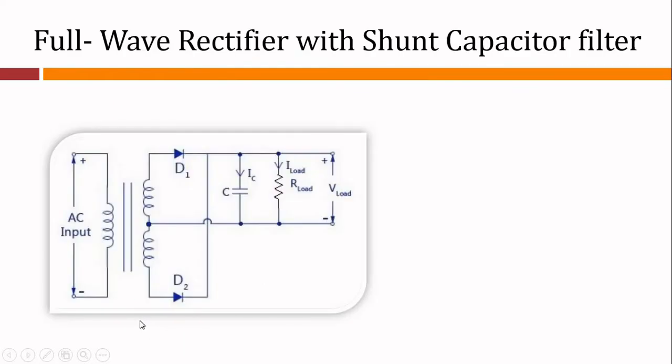So here is the circuit diagram of full wave rectifier with shunt capacitor filter. Now this is the most simplest form of the filter circuit, and in this arrangement a high value capacitor C is placed directly across the output terminals. Now you see here in this circuit diagram, here is the output terminals. So the output is taken across the load resistance RL, and you see the capacitor is placed across this load resistance. So we call it as a shunt capacitor filter, and typically the value of this C is large.